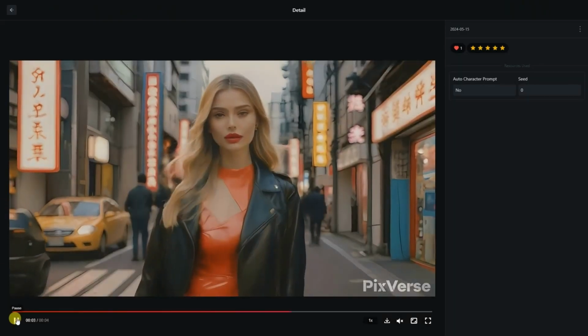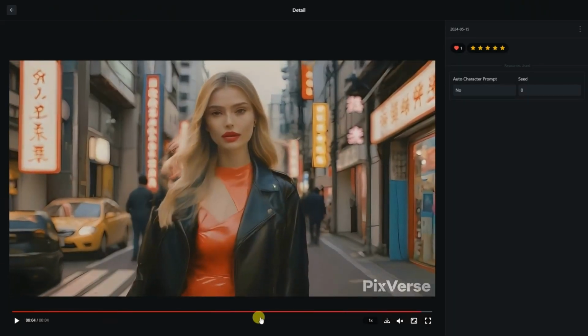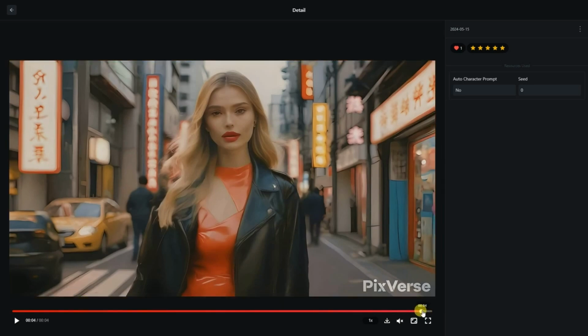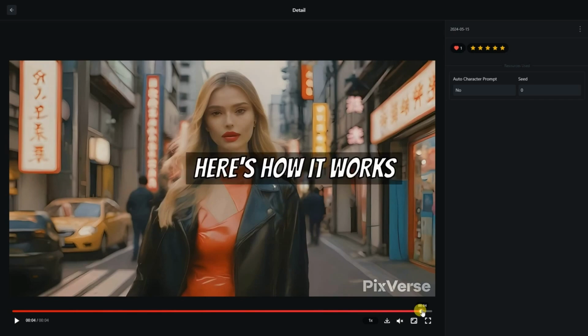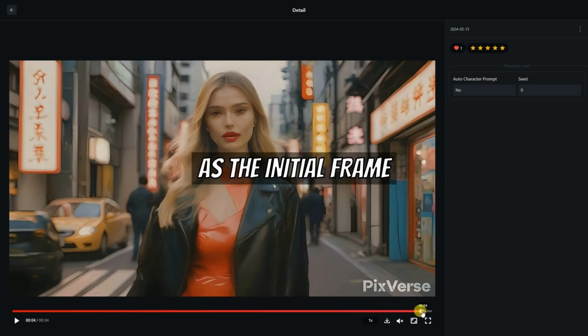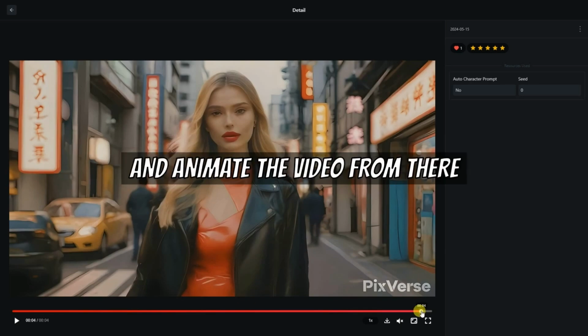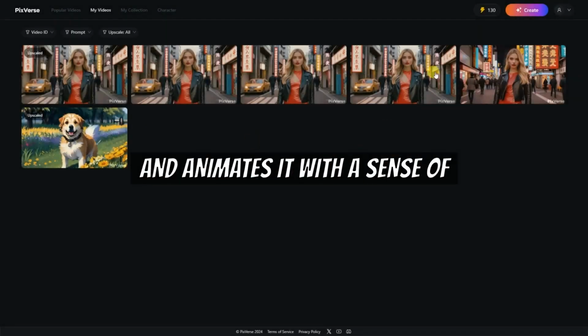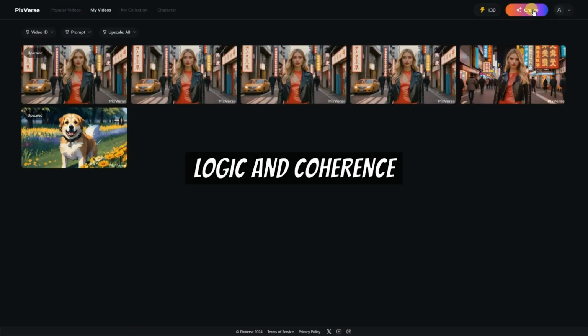Now, back to extending our videos. Go to the last frame of a video and take a screenshot. We will utilize the image-to-video feature in Pix-Verse. So, here's how it works. Pix-Verse will take the image you provide as the initial frame and animate the video from there. It analyzes the content of the image and animates it with a sense of logic and coherence,